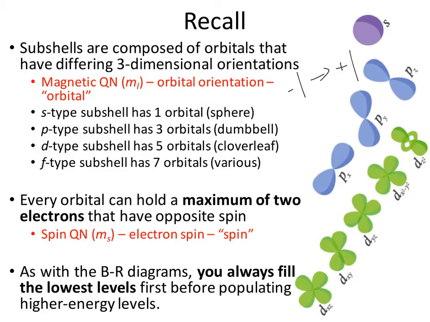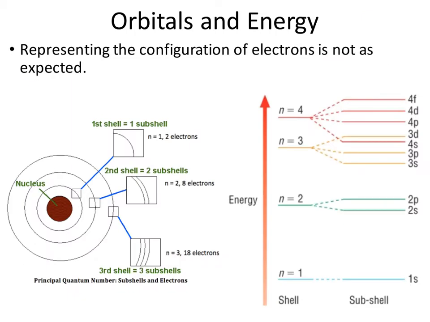Now, one thing to keep in mind when getting into this filling of arrangements is that we have to do pretty much what we did with Bohr-Rutherford diagrams: we always start with the innermost energy levels, or the lowest energy levels, before we can populate the higher energy levels. So just keep that in mind as we move through this. There's no difference in terms of that between what we're going to be doing and the Bohr-Rutherford diagram. Now, it does get a little bit confusing, not as straightforward as a Bohr-Rutherford diagram, where we had these distinct